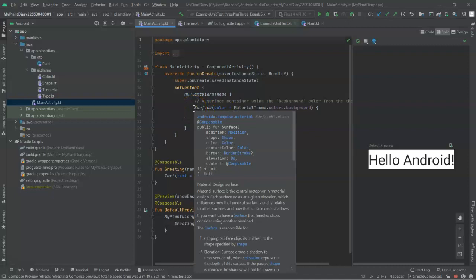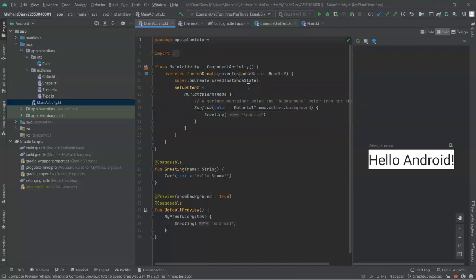Within that now we have a surface, which is essentially a material design concept that means this is something where we can apply a background color, or we can apply a shadow or a border or anything like that. Within the surface then we're calling Greeting. Now notice that Greeting has this @Composable annotation that we just talked about a moment ago, and it's essentially putting